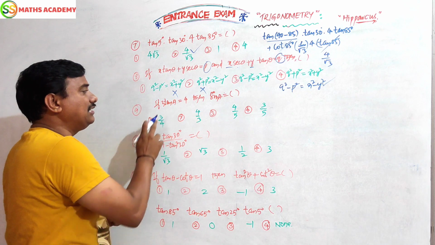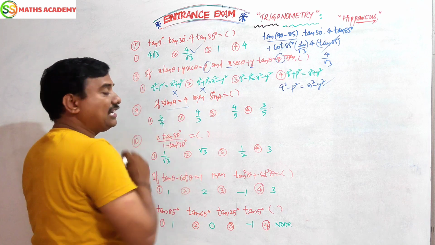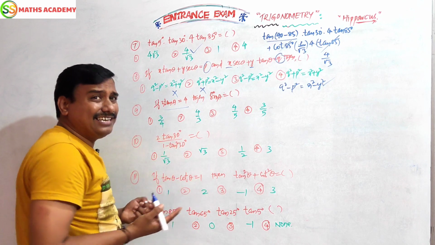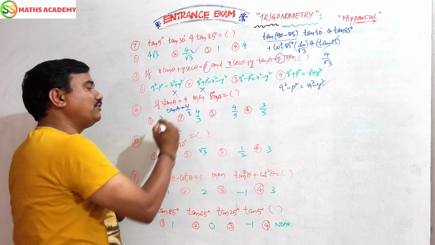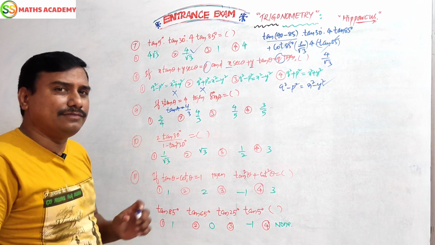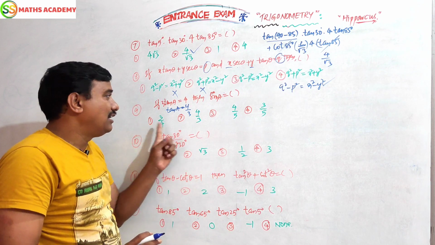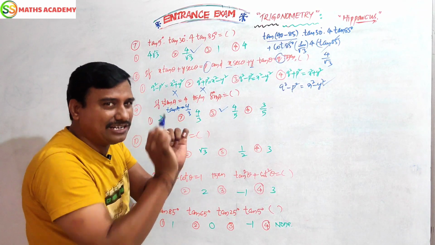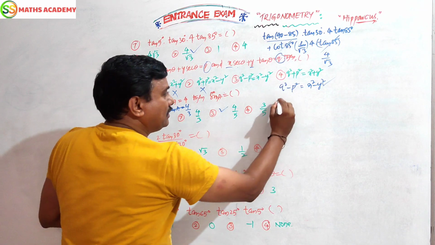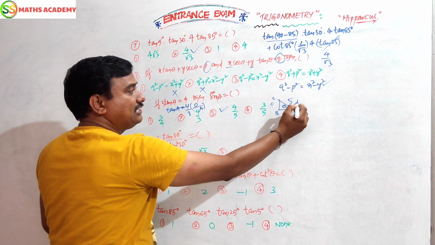This is the answer. Next children, if 3 tan A equals 4, then sin A equals? 3 tan A equals 4. Very easy. I told you, simple tan ratio will be 4 by 3. Next value we have to follow is 5. The hypotenuse is 5. What is the answer? 4 by 5 is the answer. How do I know? Simple one. Otherwise you do a simple small diagram, just 2 seconds. At theta, at A, this is the opposite side, this is the adjacent side, this is the hypotenuse.